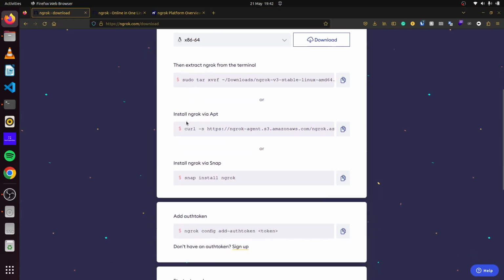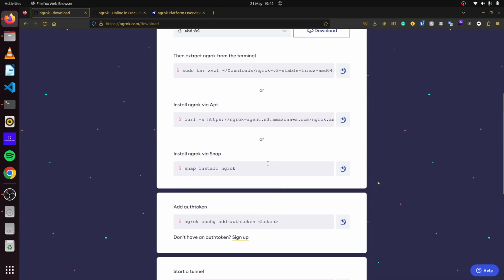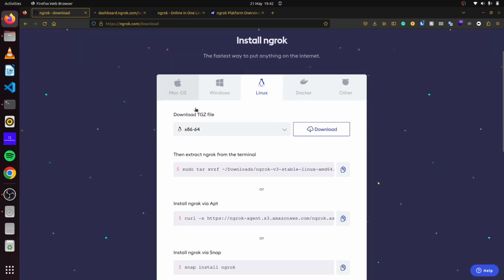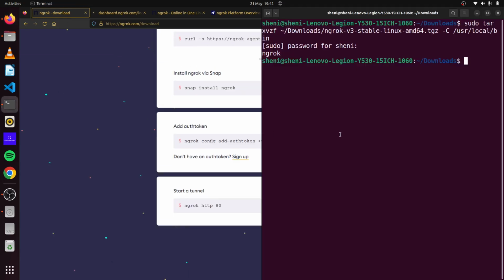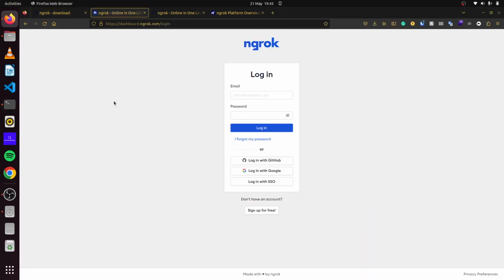So the next step, if we scroll down, it tells us that we should add our authentication token. And to do that, it's simply to use this command here with our token. So we have to sign up for this service to be able to get the token. I've already created an account, so let me just log in once more. And I'll simply copy this and paste it here. So once our account has been created, you can log in,